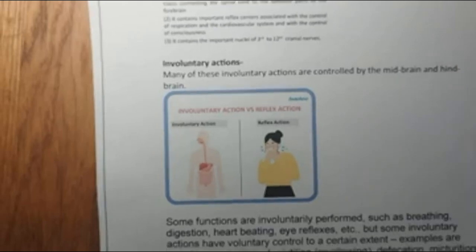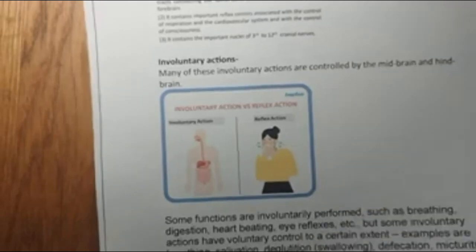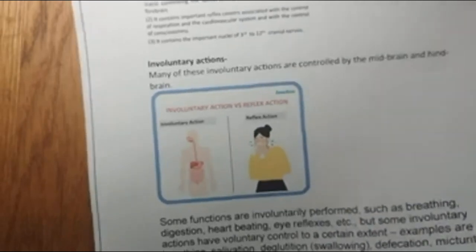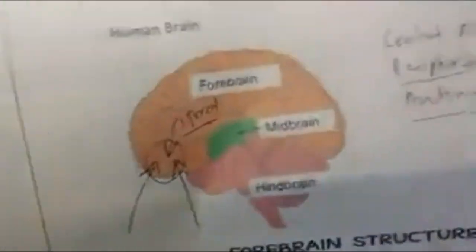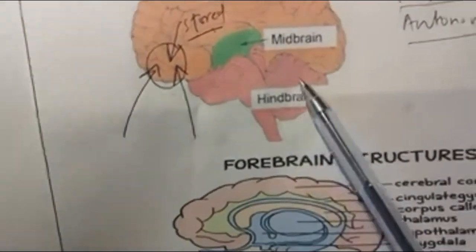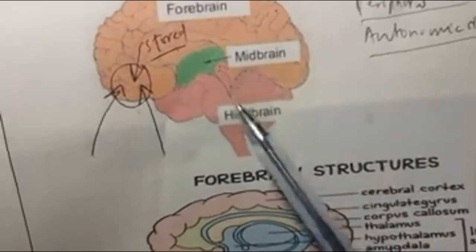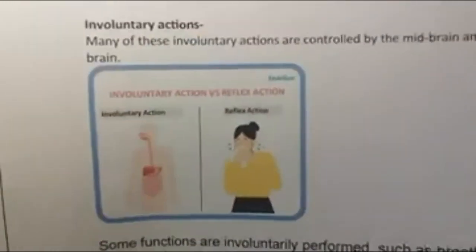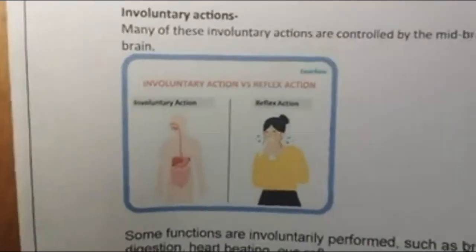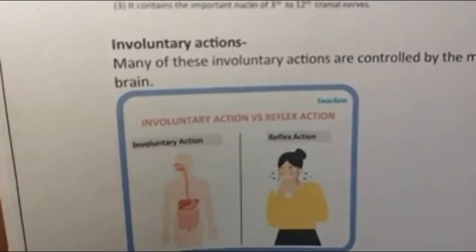Now think of the activities like walking in a straight line, riding a bicycle, or picking a pencil. These are due to the hindbrain structure called cerebellum. Okay, so cerebellum controls these activities. So that's the hindbrain, and this flower like structure at the back is called cerebellum. Remember, it used to be called small brain. Okay, but it is not called small brain nowadays. So cerebellum controls all these activities, and it is responsible for precision of voluntary actions and maintaining the posture and